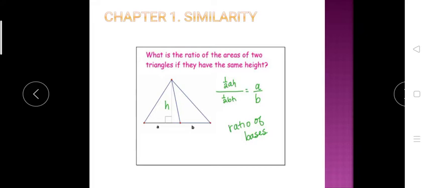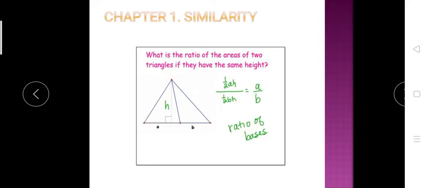But now students, similarity. In the 9th standard we learned the tests of similarity also. We just have to revise here. Similarity means what? If two triangles are similar, it means that the angles are of equal measures, but the sides are in equal proportion. They are not equal. Students, remember, this is the difference between congruency and similarity. In the similarity of two triangles, the sides are in equal proportion.